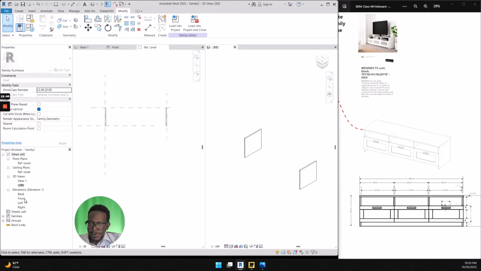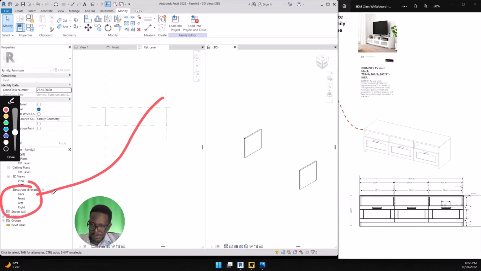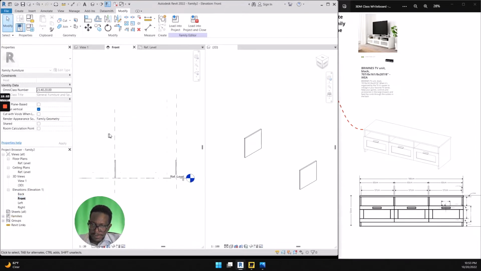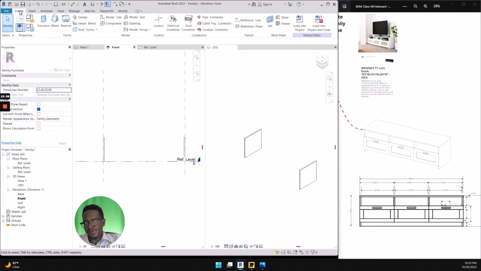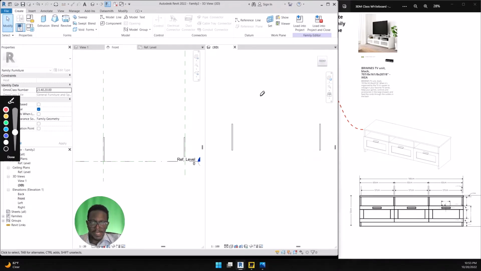So we are going to go to the front view, and we are going to do that by using our view section right here. Now when I go to front view, I am able to now create a reference plane. Now, interesting note, if I go to the front view here in my 3D view, notice that I cannot create a reference plane because this is a 3D view, and reference plane only works with the elevation views. Your reference line, however, will work anywhere, because your reference line is basically just a line that can appear in